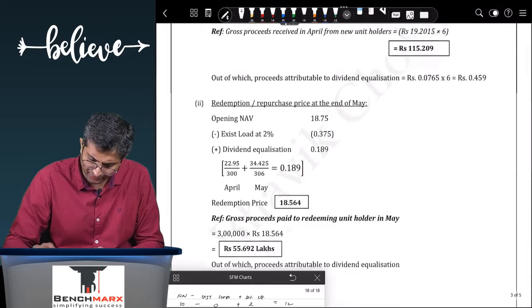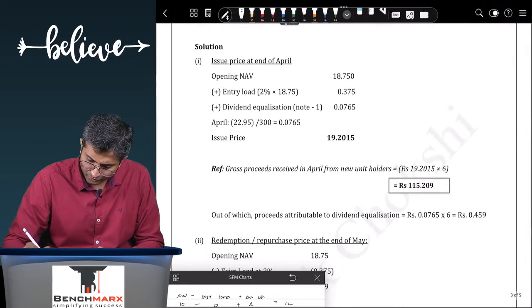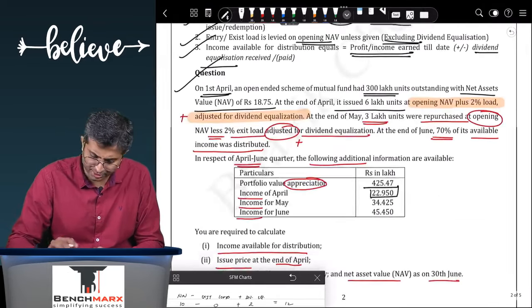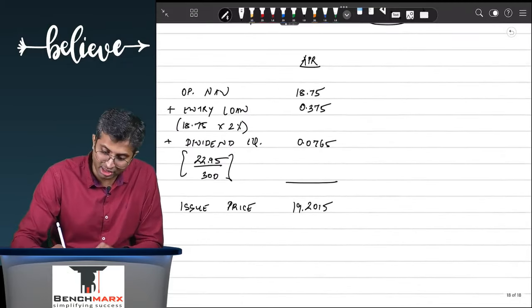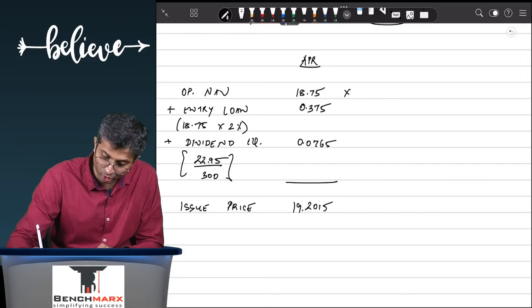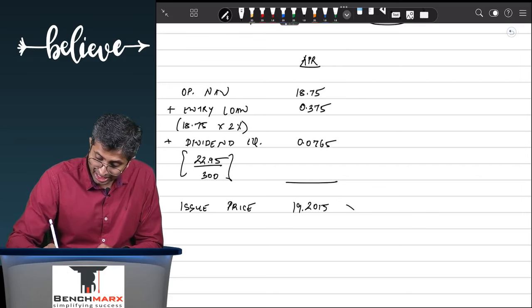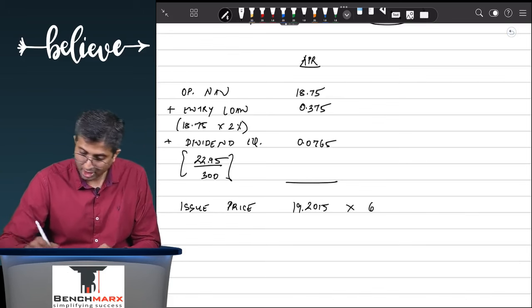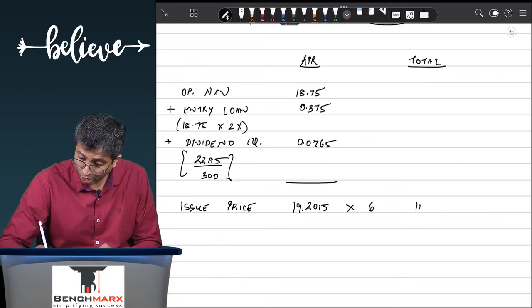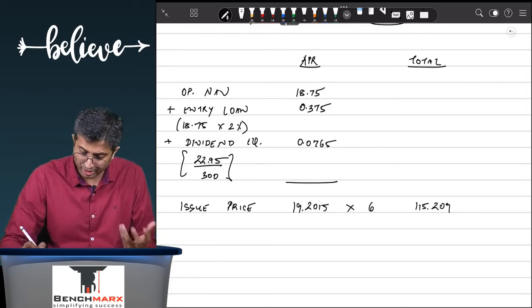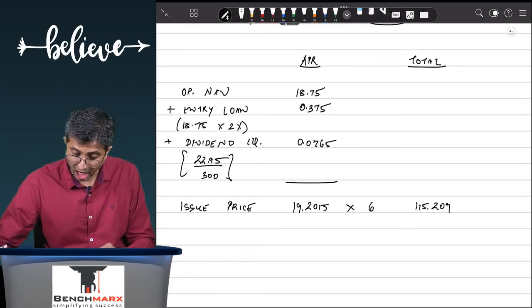If I just verify that, that's 19.2015. That's perfect. Now, at the same time, how much money is coming in? Well, there are 6 lakh unit holders, and hence 19.2015 into 6 lakh, which means on a totality basis, in the month of April, you had a total of 115.209. I'm just doing this in rough. That is the total proceeds, out of which